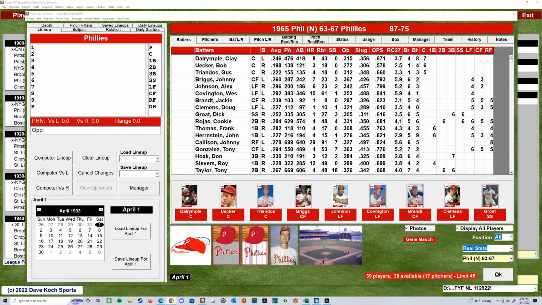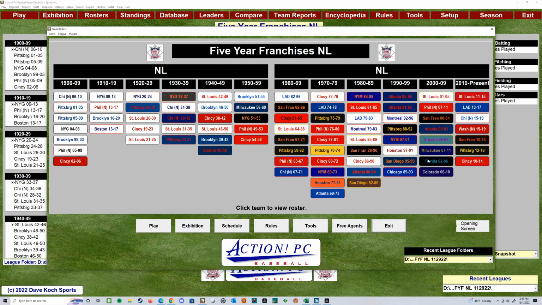And I didn't find Action until probably right when it first started, 2002 or 2003, somewhere around there. I think the first one I found was basketball. I know football might have been his first game, but basketball is the one that I really fell in love with. And then I got baseball when it came out. So I've had almost every iteration of it. But I have to tell you, for what I do, this thing's great.